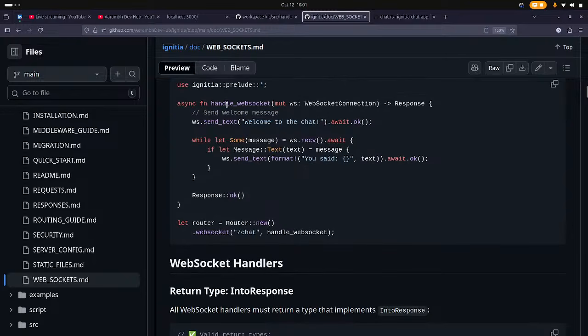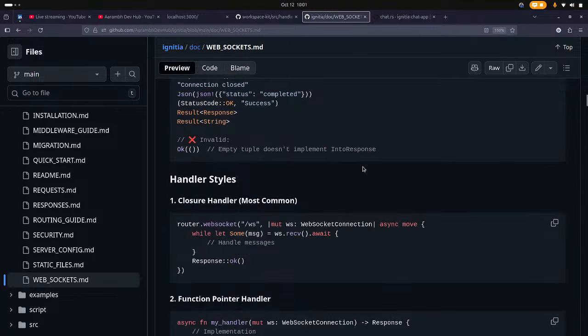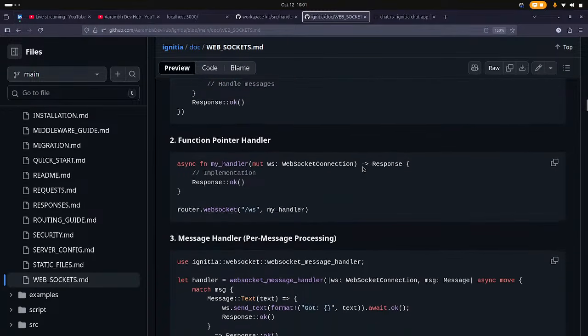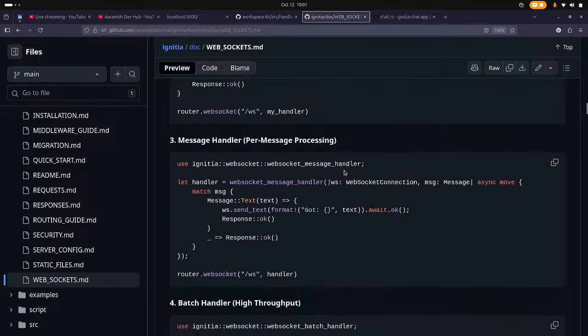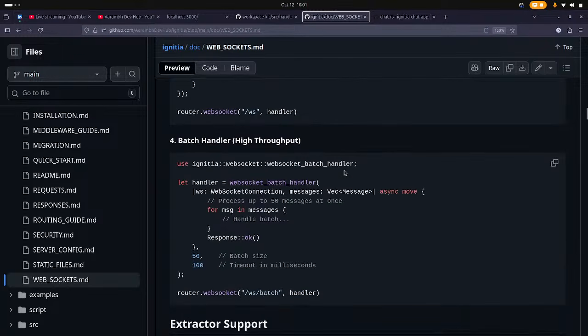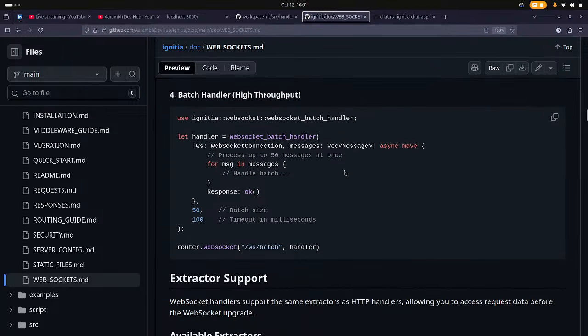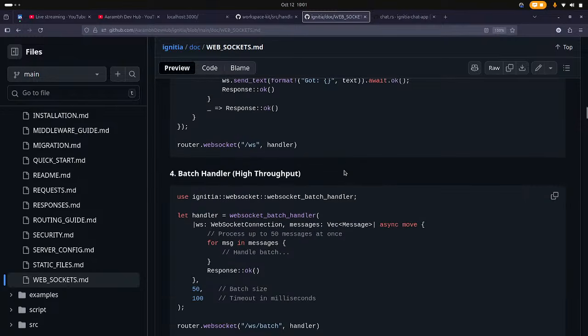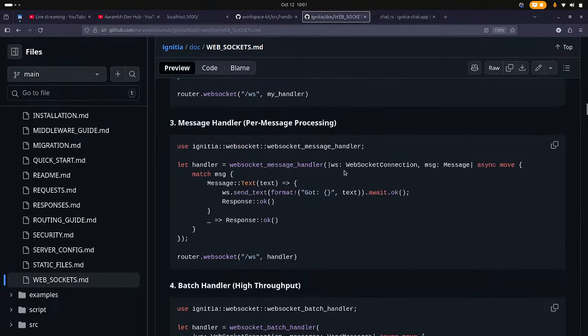Here is an example of a handler with how you can just pass a handler, and the syntax is like this, user connection net. Okay, here is a function which matches the handler. If you wrap your function everything in message handler and pass this here in WebSocket directly, it will give you